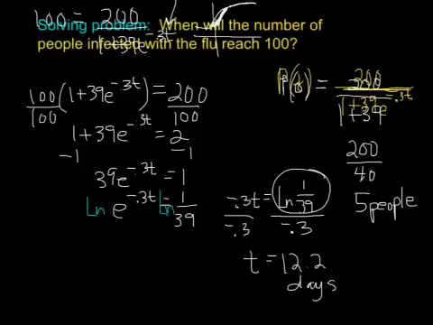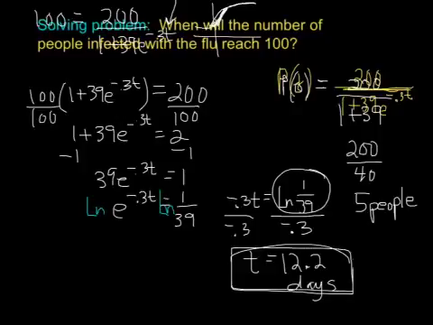Not even 2 weeks and 200 people are infected with the flu. So maybe think about that. Stay home if you're sick. Don't come to school and get us sick. Get healthy. The flu spreads rather quickly. Based on this model, it would take only 12 days to infect 100 people if only 5 people started out